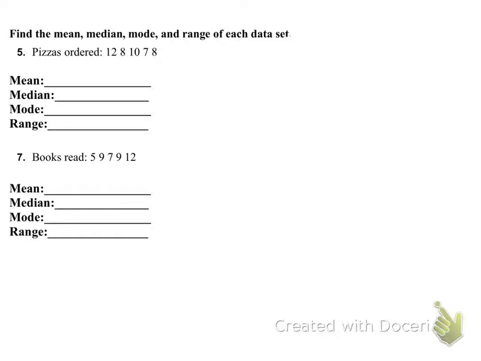Remember 2 things. First, you want to put these in order, so I would put these from smallest to biggest. It'd be 7, 8, 8, 10, 12. And then the other thing is, for the mean, that's the average. You need to divide by how many numbers there are. So there's 1, 2, 3, 4, 5 numbers. So for that mean, I'm gonna add all these numbers up. So that's 7 plus 8 plus 8 plus 10 plus 12. That's gonna be 45. I'm going to divide by 5 because that's how many numbers we have,